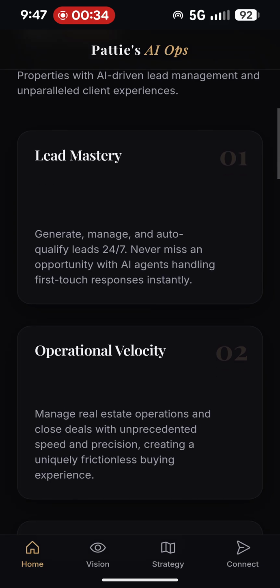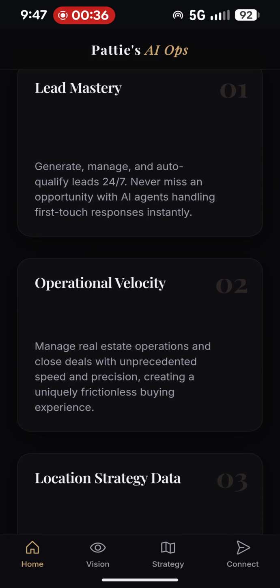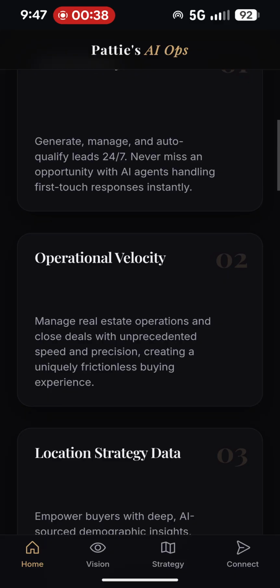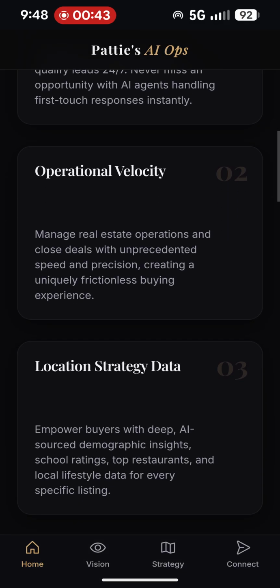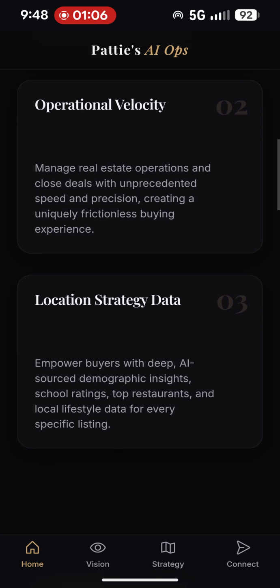So here we're going to have our lead generation platform where we're going to manage all your leads. We're going to have the operations piece as far as the contact. So any contacts that come in via text, email, voicemail, or anything will go through an AI automated response that will be quick, and you can manage the whole client